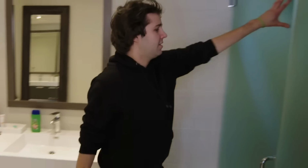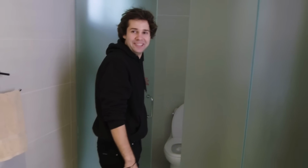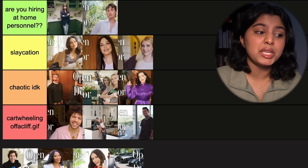There's not much going on. Here's the toilet. And then on this side, I was like really scared to open it. Did you see it? I wouldn't be surprised if this man never flushes. This is my shampoo of choice, and it always has been. Okay, so I basically decided this when he brought out the flamethrower, but this is going at the bottom because